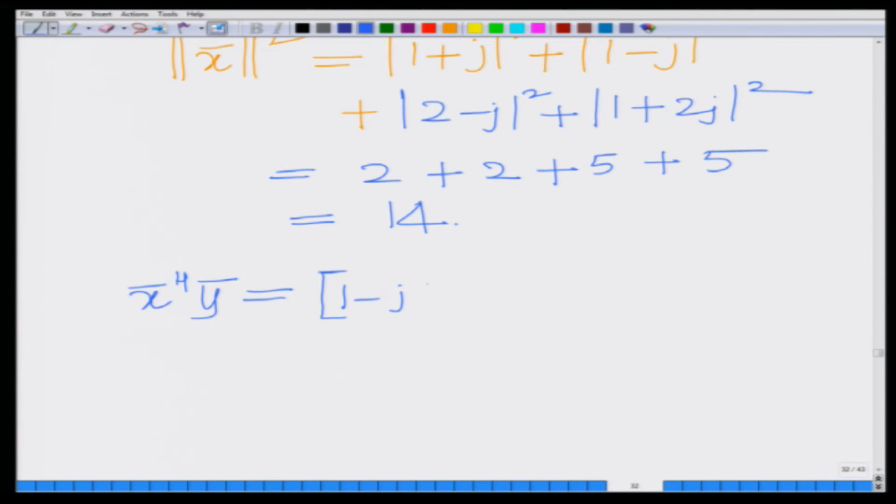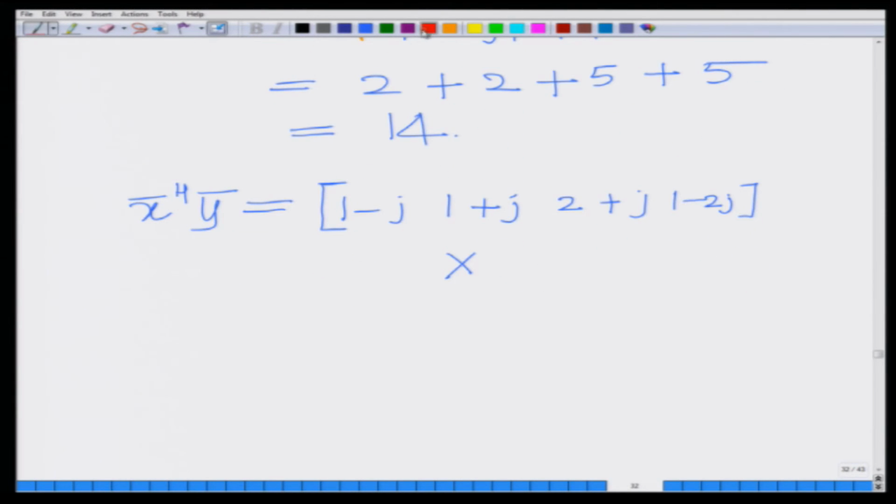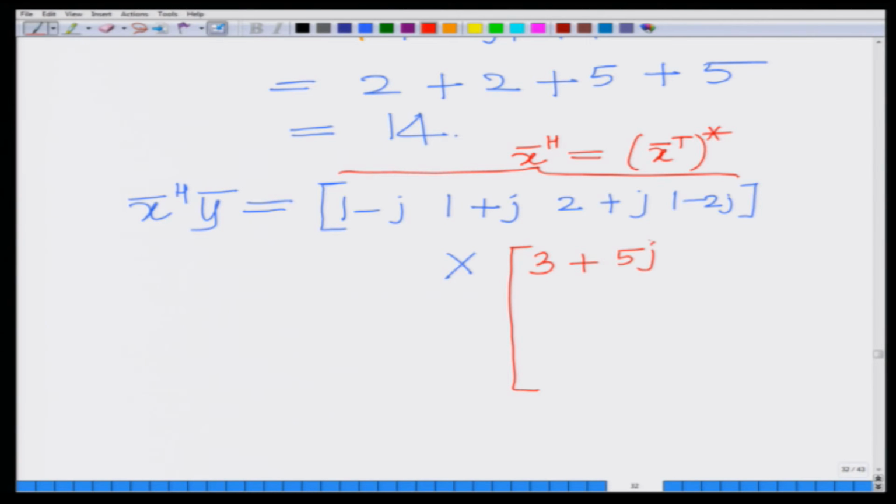That is, you take x bar, take the transpose of the vector, and take the conjugate of each element, because x bar Hermitian denotes the conjugate transpose of the vector: 2 plus j and 1 minus 2 j, times the observation vector y bar, which is 3 plus 5 j, minus 5 minus 3 j,